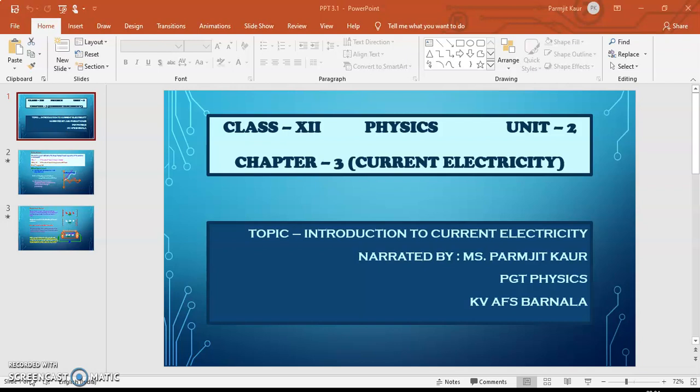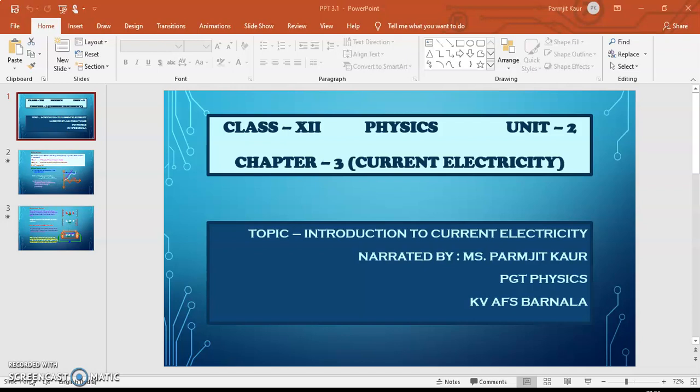However, we will not be discussing any allied effect of their motion like heating, magnetic effects, and so on, but we'll just be discussing how the electrons move in a particular direction, what is the requirement for that to happen, how do we calculate the current in the circuit, what's its SI unit, and so on. All those things we are going to discuss. So in today's session, we are going to take up the introductory part of current electricity. So let us just begin with it.